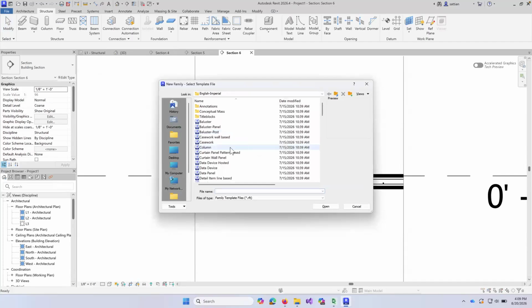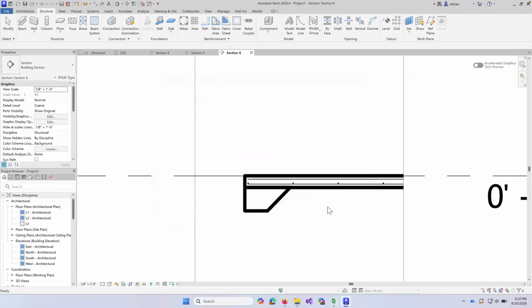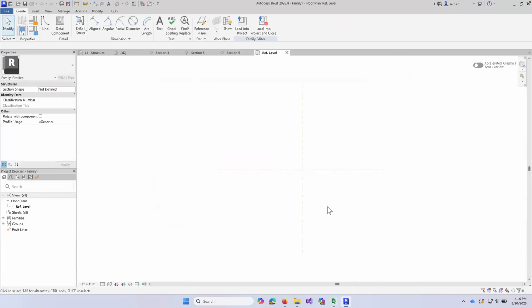File, New, Family. I'm going to scroll down and say I want a profile family. A profile is, for the lack of a better term, a silhouette. I'm just going to draw a silhouette of what it looks like when I cut a section. Okay. So I'm going to say open. And now, as far as